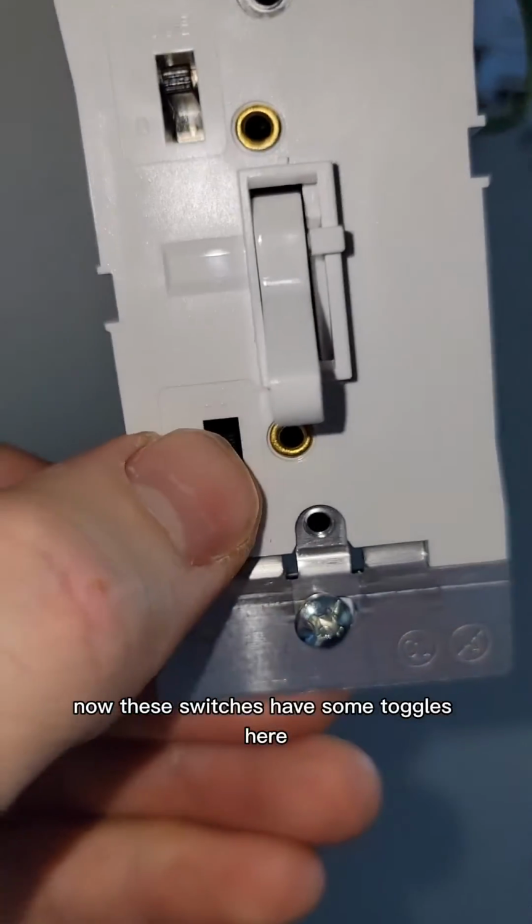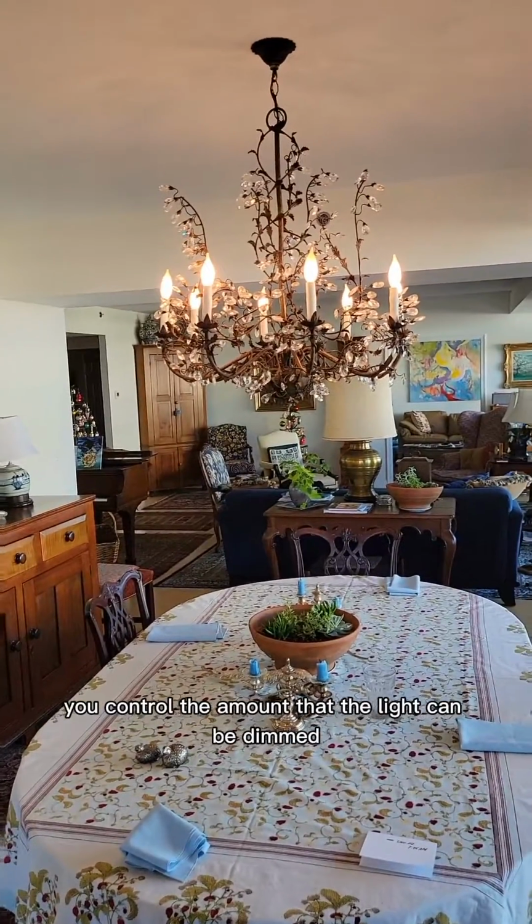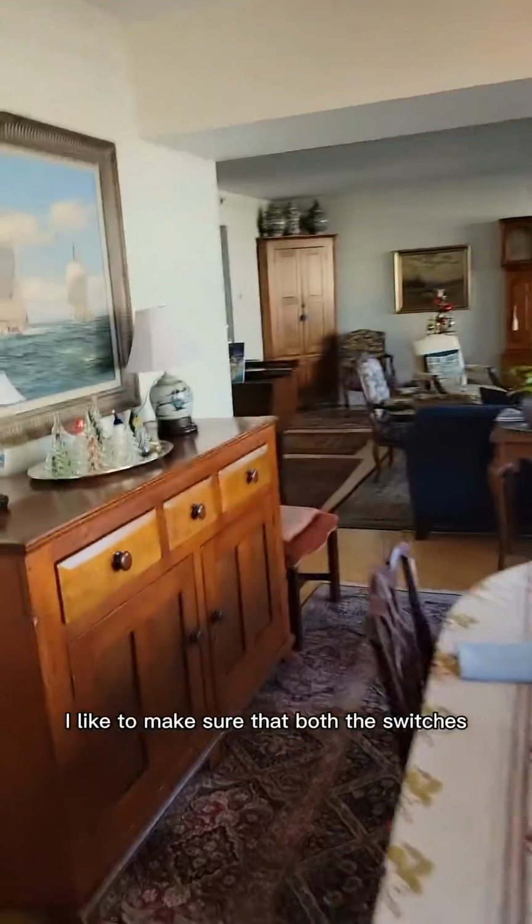Now these switches have some toggles here. The instructions will tell you what they do. They'll either switch it from CFL to LED, and they can also help you control the amount that the light can be dimmed. Before I push everything back in the wall, I like to make sure that both the switches